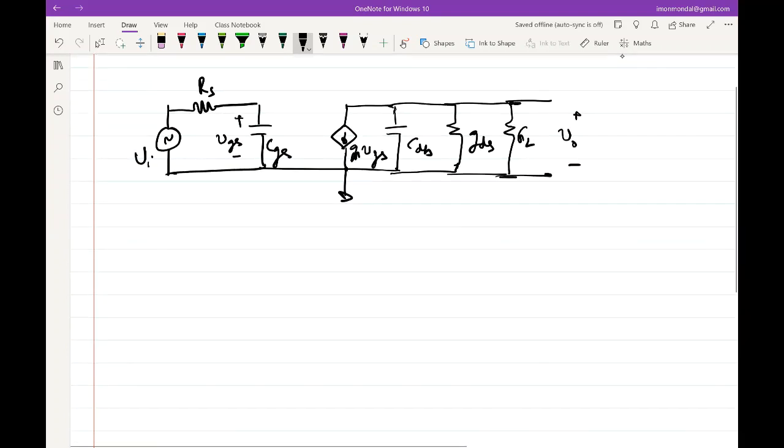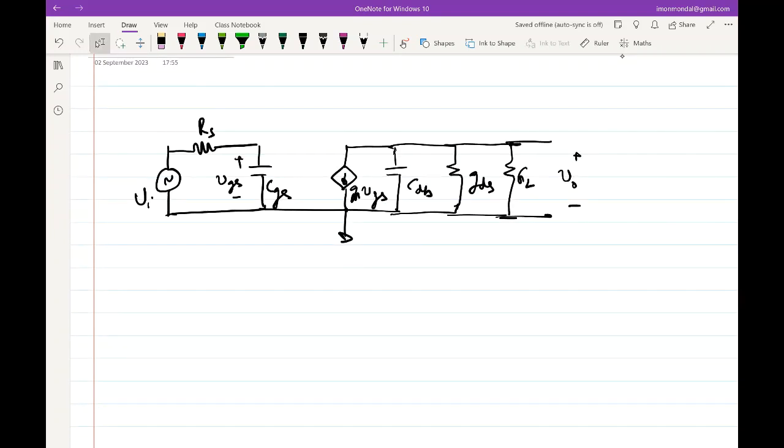Okay, granted that we can neglect C1 and C2, and in this case also we figured out what are the time constants. What are the time